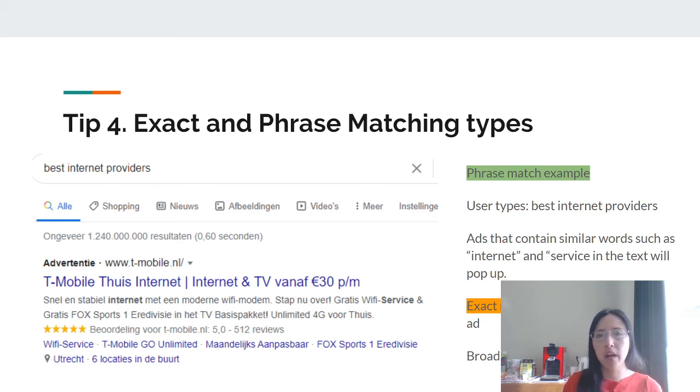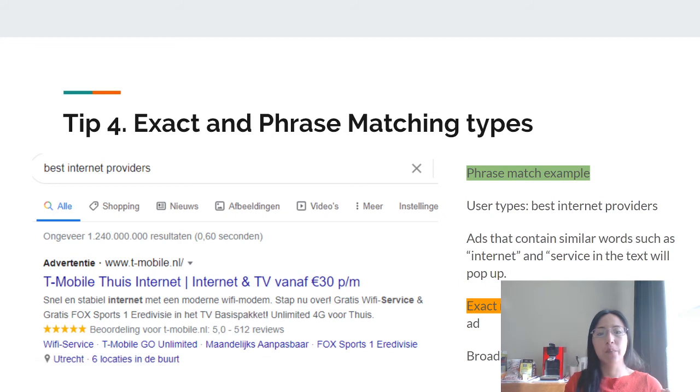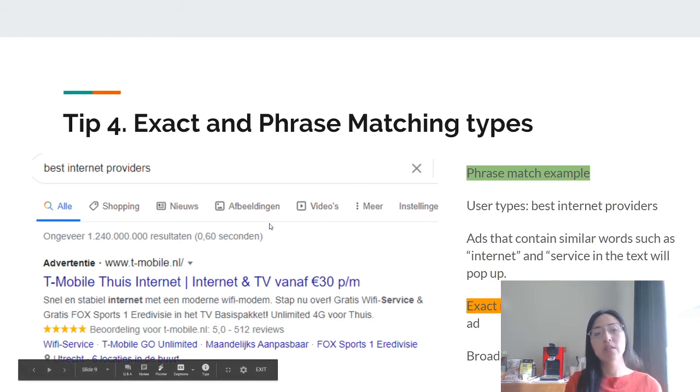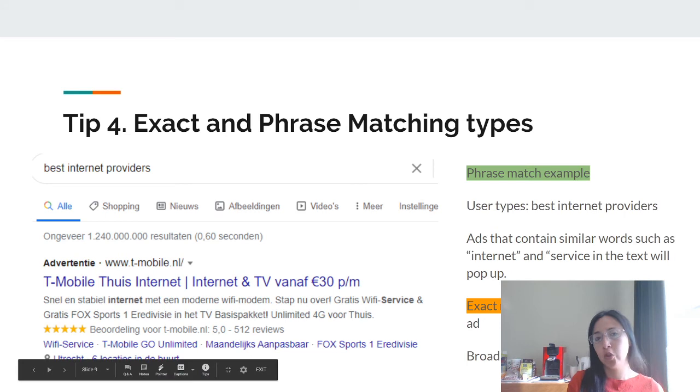For example, if it's a startup company, if you're just starting out, or if you have not been in the business for long, then use a combination of phrase match and exact match and see which one performs best. The performance metrics will indicate so. But if you use broad match, the risk is that your ads will appear when somebody just types, for example, internet free movies. So in this case, the word internet is there, but internet free movies is not what your service is about, but Google Ads will show your ads nonetheless. So that will be, as the clients say, sad, because you will be wasting budget.